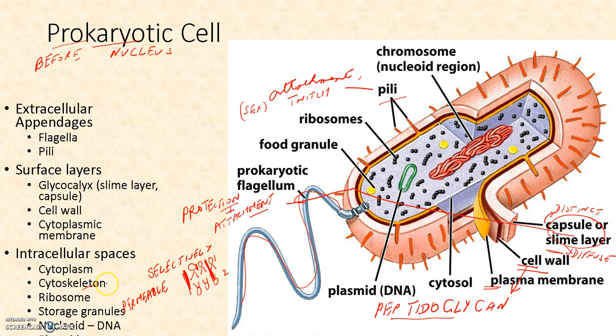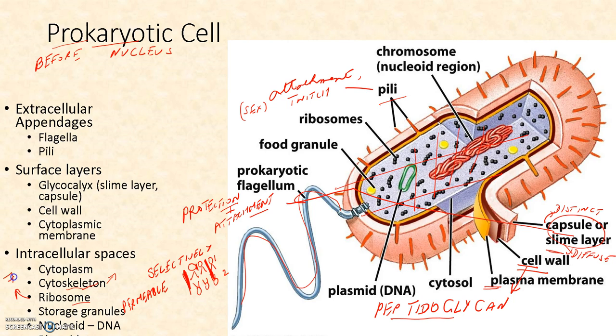But now they're finding out that there is a cytoskeleton, just like eukaryotes, though not as advanced as that of eukaryotes. But definitely there's a cytoskeleton which forms like a mesh, holds everything in place and gives support inside the bacterial cell. Ribosome. They do have ribosomes, but this time the ribosomes are going to be much smaller